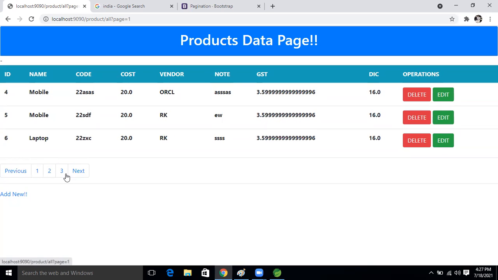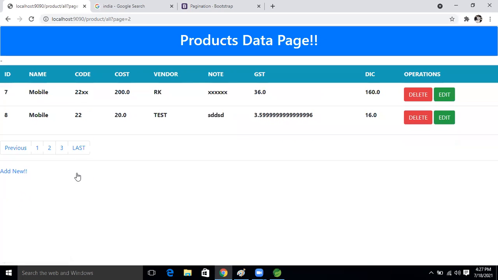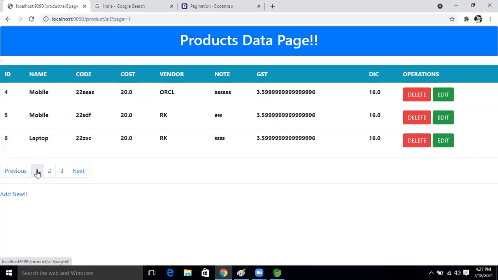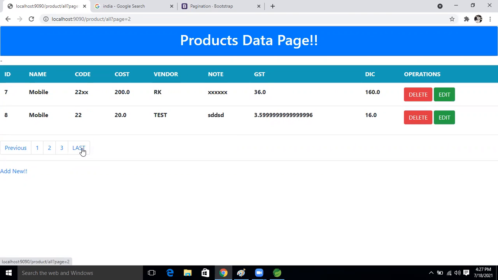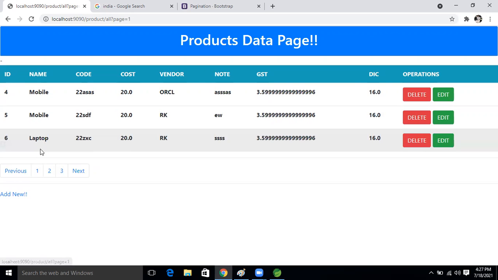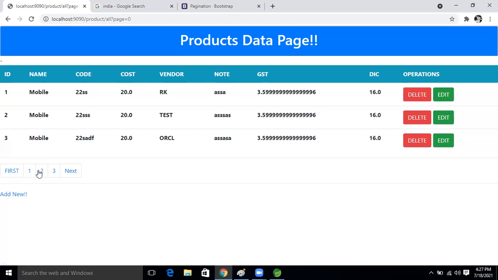First, last, but last something wrong is there. Good implementation. See this, but last equal previous first, right? First, something wrong is there.